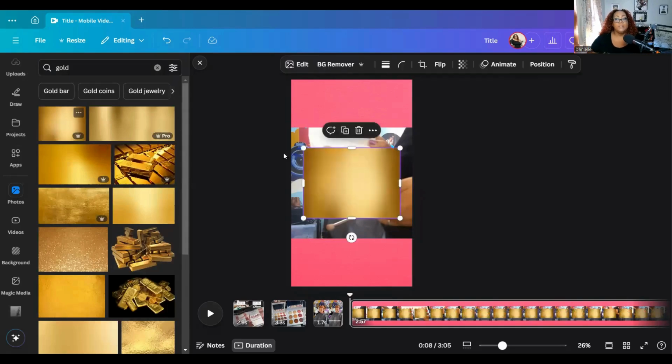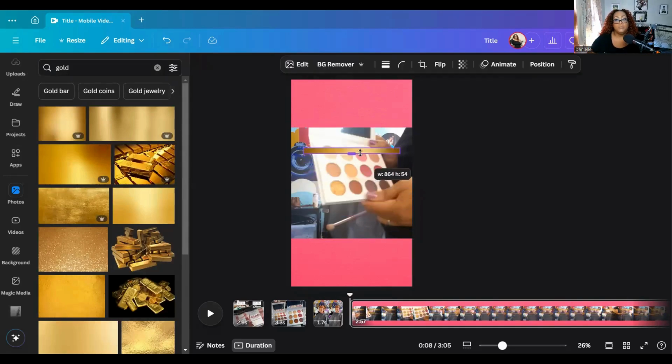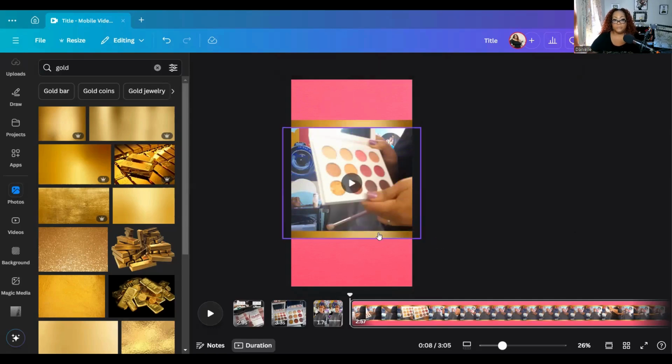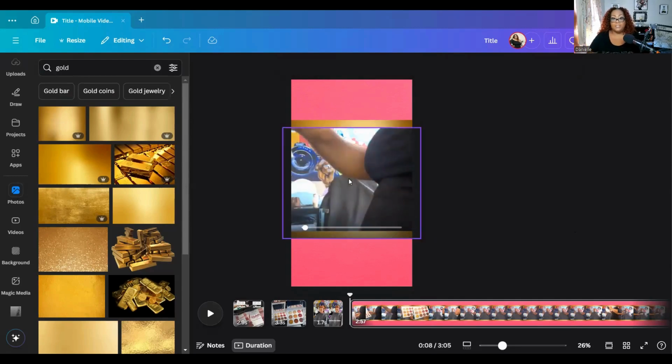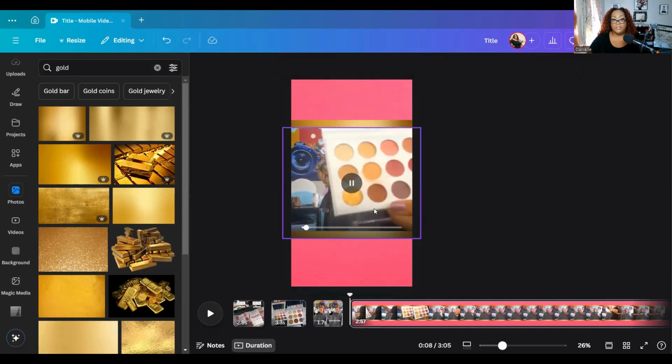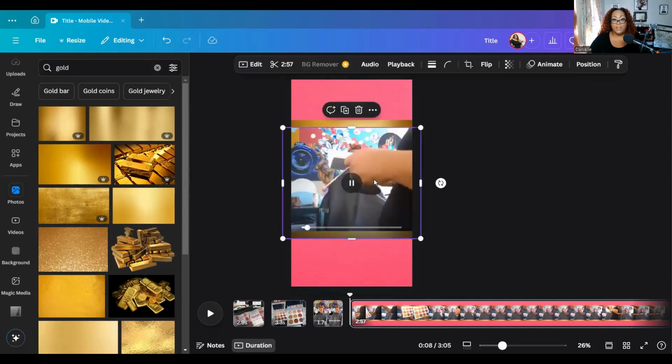Okay. I'm just gonna give me like some gold frames next to it, just so it doesn't look choppy. Like some borders. So I'm duplicating it so I can put one on the top and the bottom. All right, now that I've got it positioned the way I want it, I'm gonna now